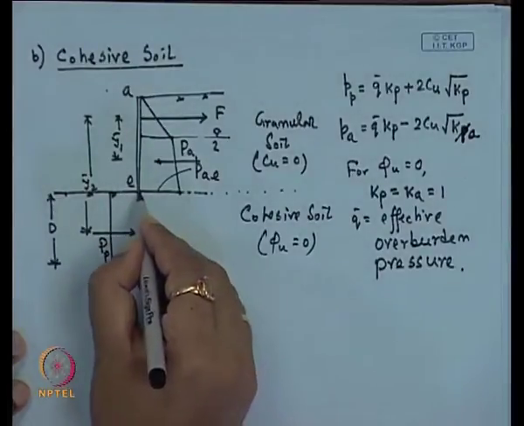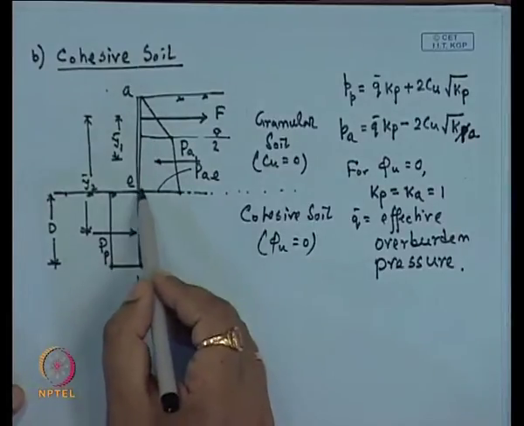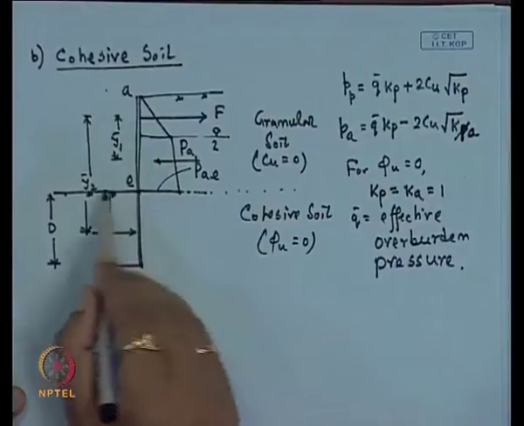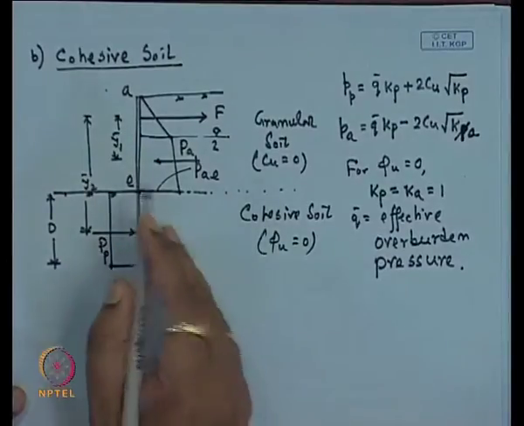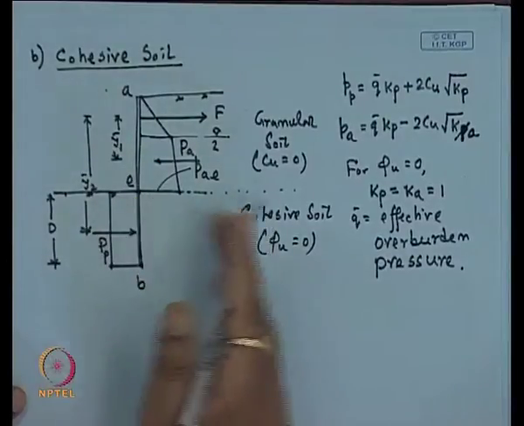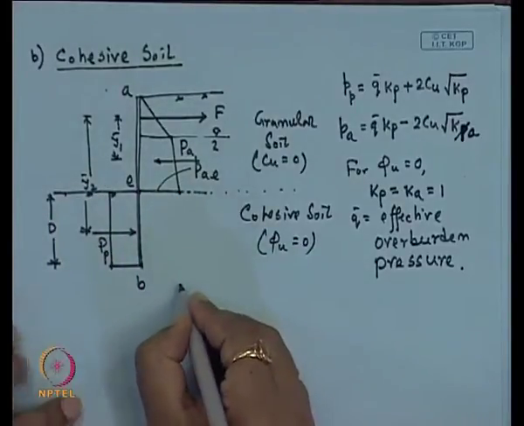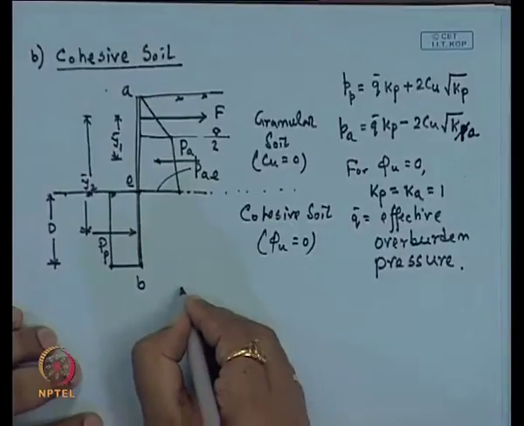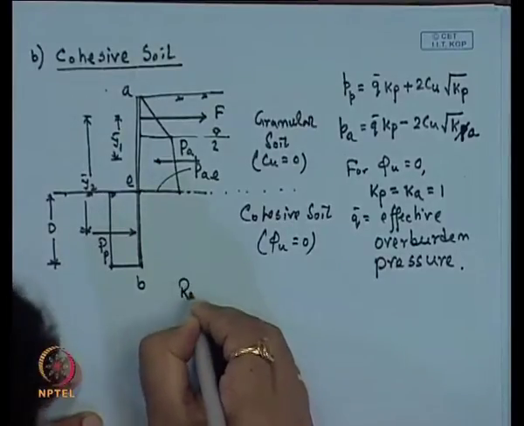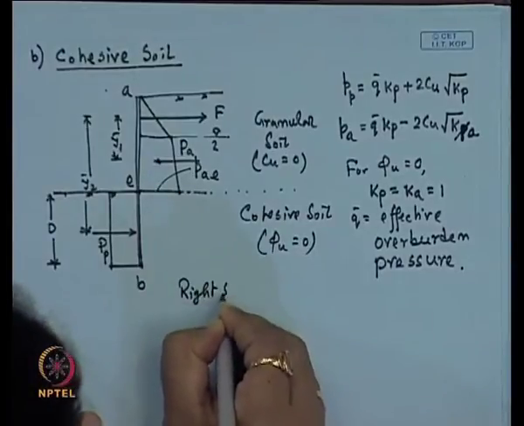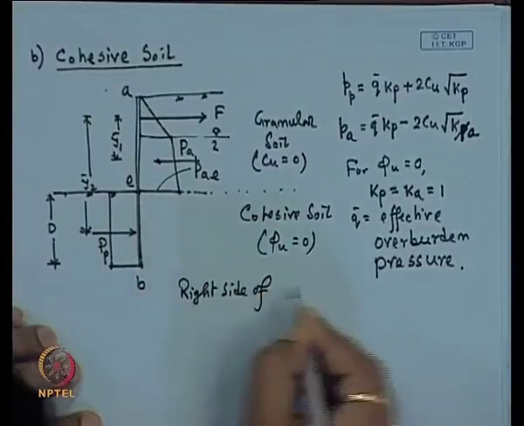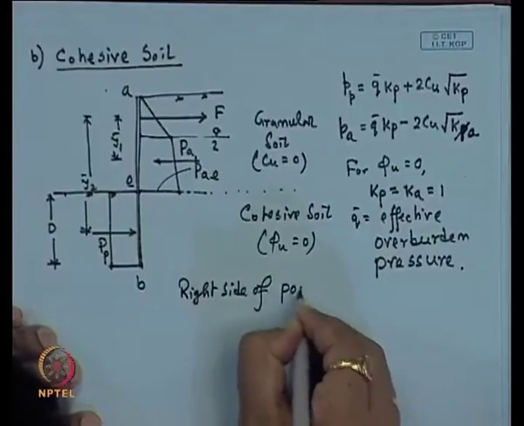Now, if I want to calculate the active earth pressure and passive earth pressure at this point E at dredge level, there are two parts, one is the left part, another is the right part. So, now if I consider the right side of point E at dredge level,